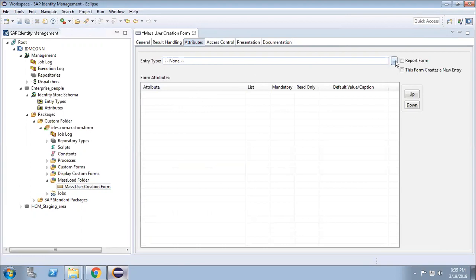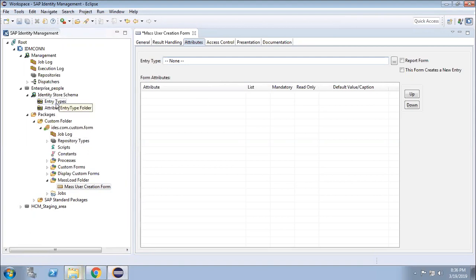I can select the MX person entity type, but MX person is for creating users one by one, or MX role is for roles. So I can use a separate entry type for this mass activity. Correct?